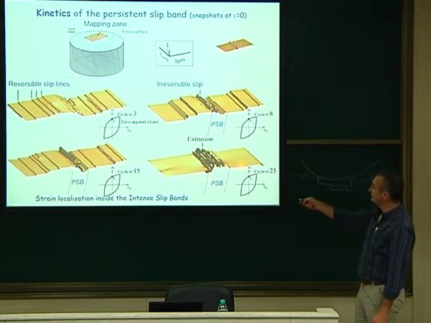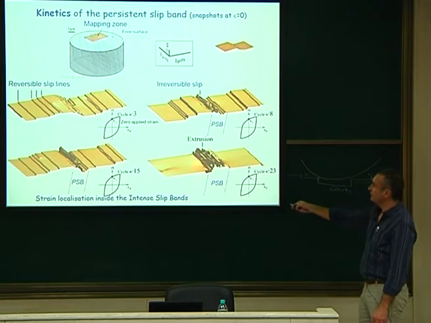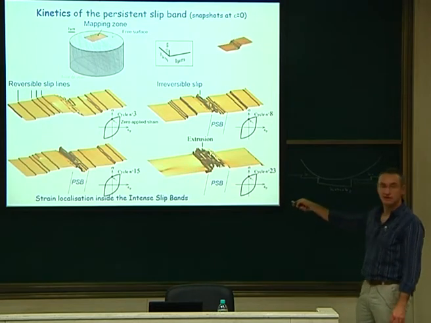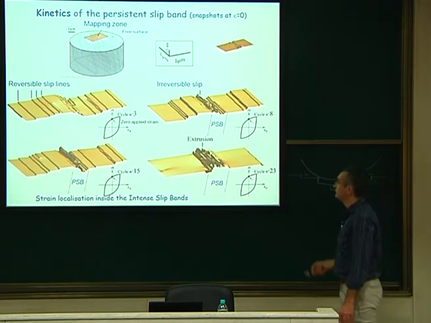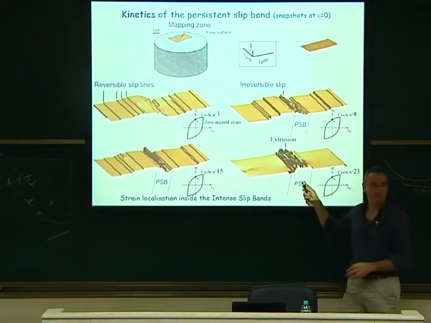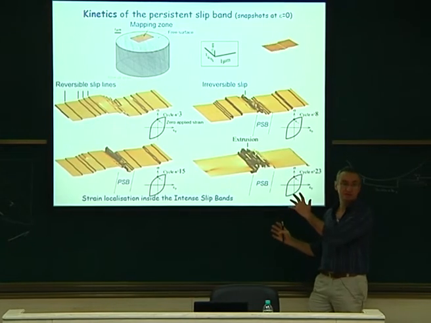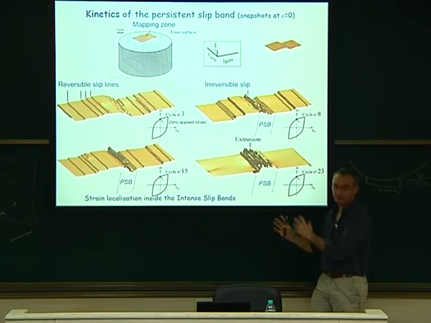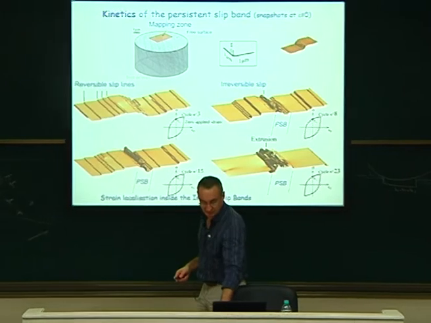So at the end, you have no more steps here. They all disappeared. And you have a big extrusion and intrusion here at the surface, okay, at this cycle. So it means that everything is now localized here. So this can be very bad for the material. It's like a channeling in irradiation. It's strain localization. So let's see how it works.